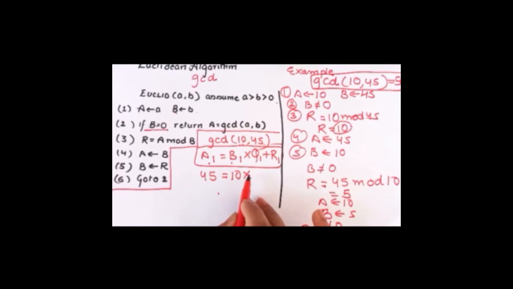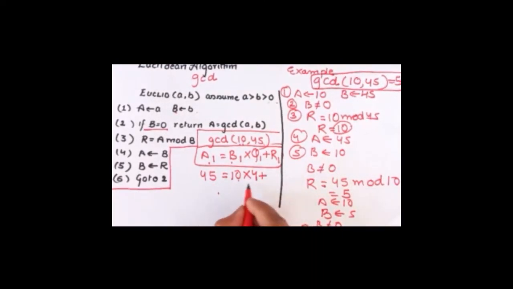What will be multiplied to 10? To just find out the number which is just the smaller number than this number. What number should be multiplied to 10 to find out the greatest number, which is just smaller than 45, which is 4 into 10. 4 into 10 will give me 40, because 5 into 10 is going to give me 50, which is a greater number than 45, and I need a number which is just smaller than 45, which is going to be 4. 4 into 10 is going to give me 40, right?